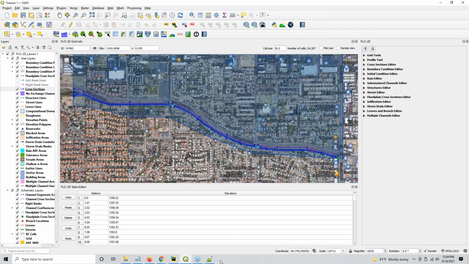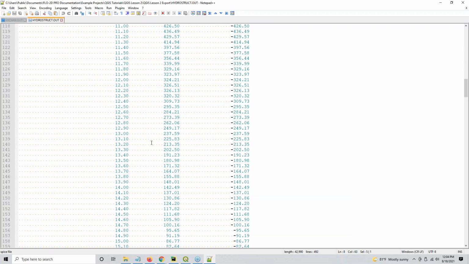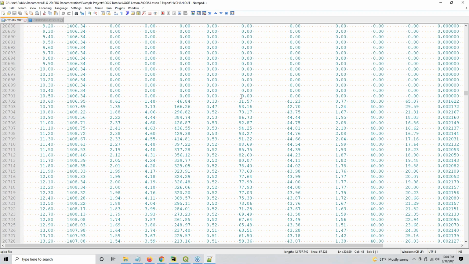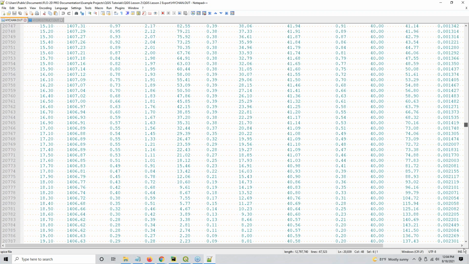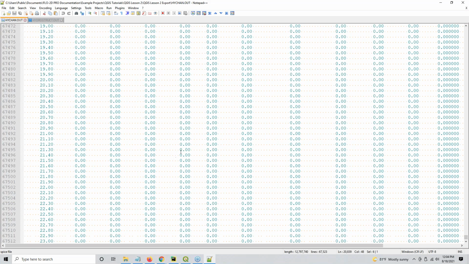Now let's take a quick look at, let's see, what was I going to show? Oh, I know what it was. Okay, sorry, let's go back here real quick to the hydchan.out. Now what I'm going to do is go to the very last structure. Now, I'm sorry, I meant the very last cross section,